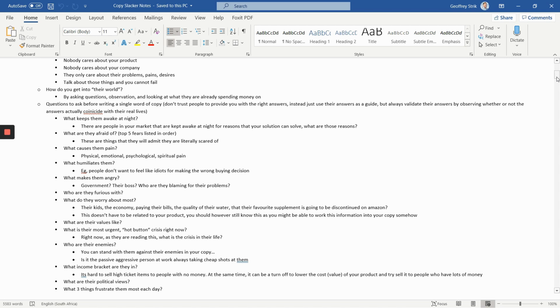How do you get into your prospect's world? You do this by asking questions, making observations, and looking to what they're already spending money on. Questions to ask before writing a single word of copy. Don't trust people to provide you with the right answers. Instead, use their answers as a guide, but always validate their answers by observing whether or not answers actually coincide